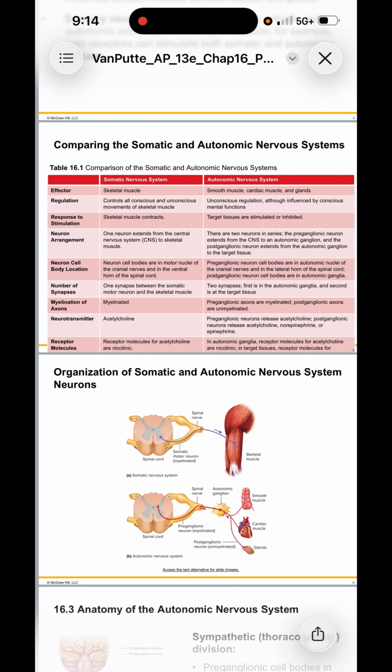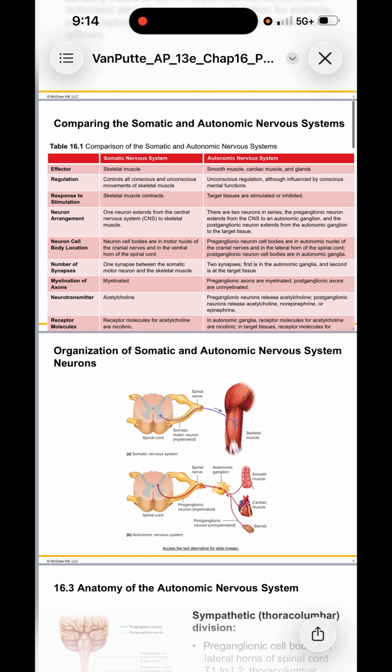Receptor molecules. Somatic nervous system, receptor molecules for acetylcholine are nicotinic. Autonomic nervous system, in autonomic ganglia, receptor molecules for acetylcholine are nicotinic. In target tissues, receptor molecules for